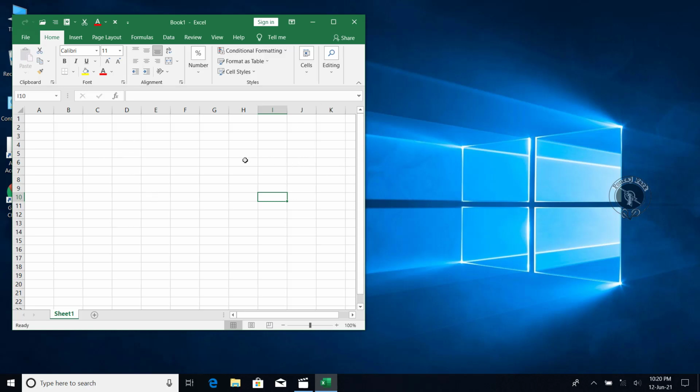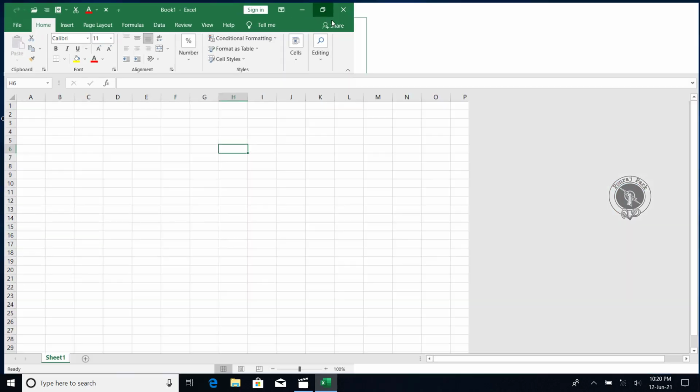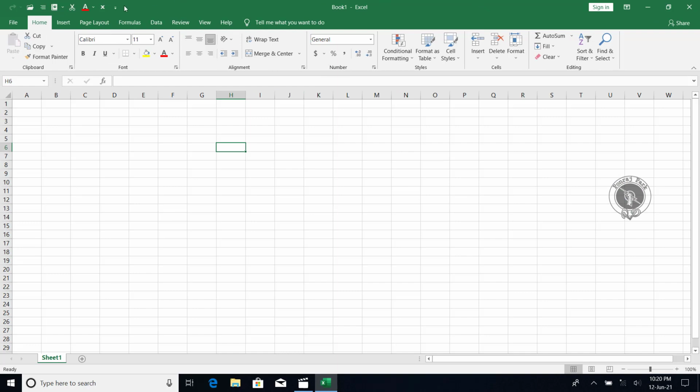And if you want to maximize it, you can click here on maximize. It can take you back to full screen. And the next thing is close. When you click this button, this application will get closed. As you may know, close means this will directly close all the stuff, whatever you have done here.